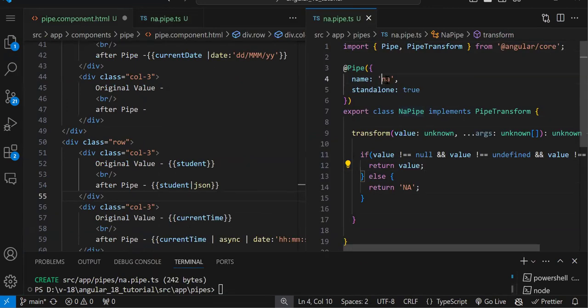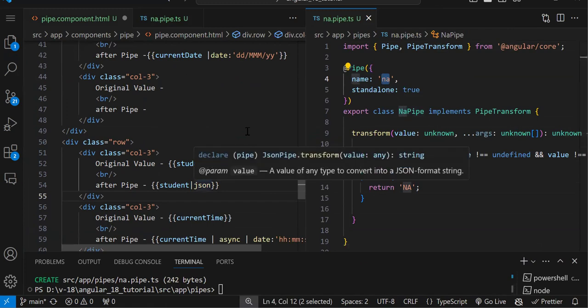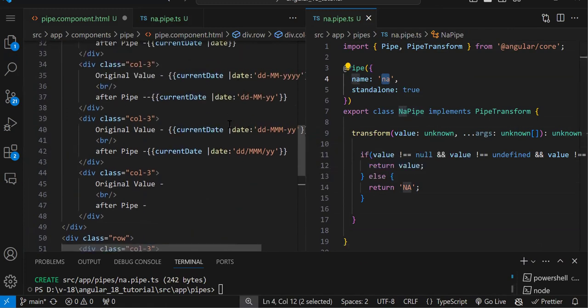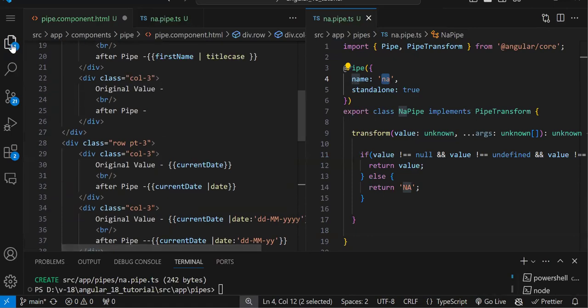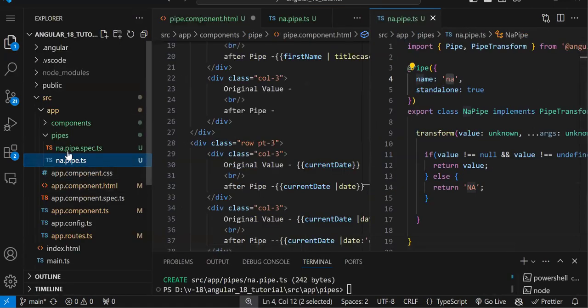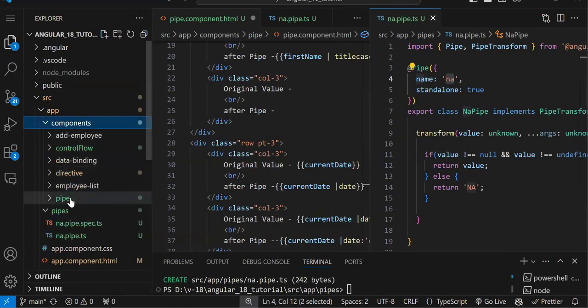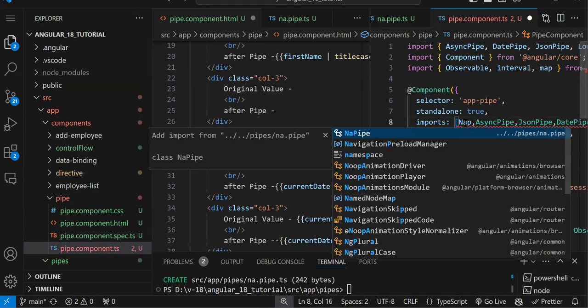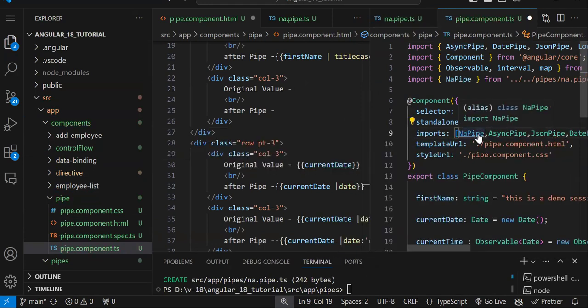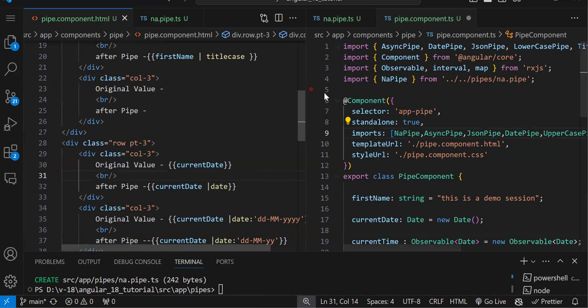मेरे पाइप का नाम क्या है, NA. सो जैसे ये आप JSON, लोअर केस था ना, ये नथिंग बट पाइप है, बट ये एंगुलर टीम ने ऑलरेडी क्रिएट की हुई है. ये अब हमारा खुद का पाइप है. सो ये NA पाइप है. अब ये पाइप अगर मुझे कंपोनेंट में यूज करना है तो ऑब्वियसली मुझे इंपोर्ट करना पड़ेगा. सो फिर से पाइप के dot ts में मुझे NA पाइप इंपोर्ट करना पड़ेगा. सो जैसे बाकी पाइप इंपोर्ट किए थे ना, वैसे ही मुझे NA पाइप भी इंपोर्ट करना पड़ेगा. देखो NA पाइप इंपोर्ट किया मैंने. अब इसके HTML में